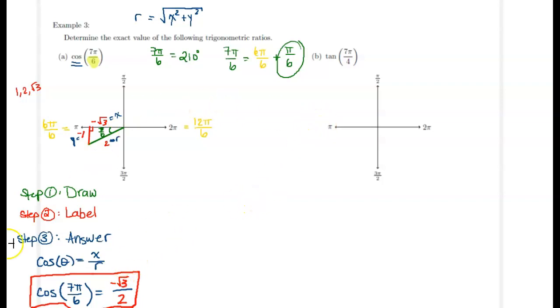So, let's do another one. We'll do it out right here. Make sure we separate that. Over here, we are going to find the tangent, the tan of 7 pi over 4. All right, well, let's rewrite